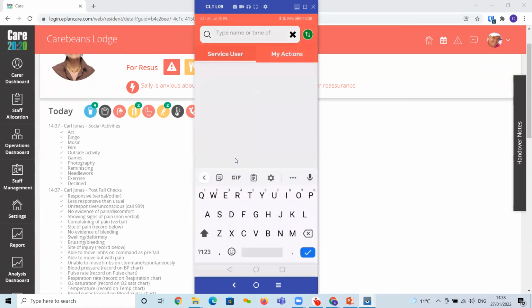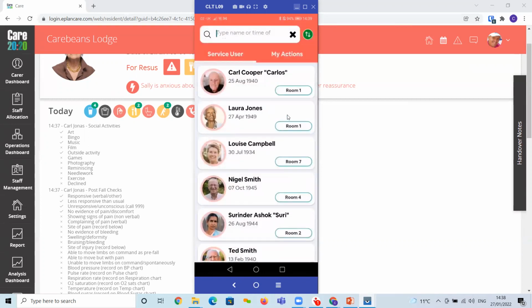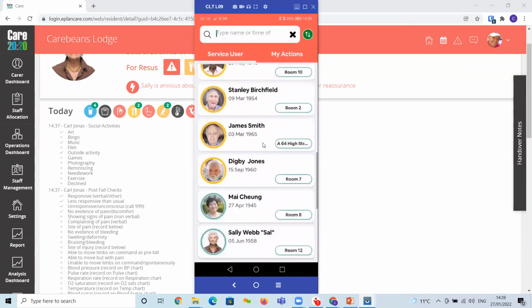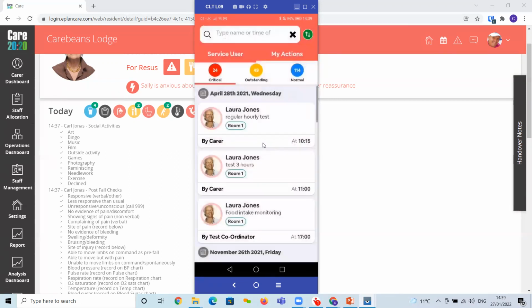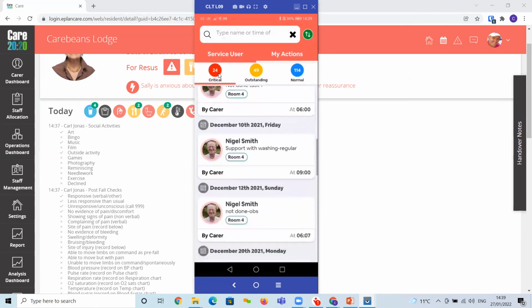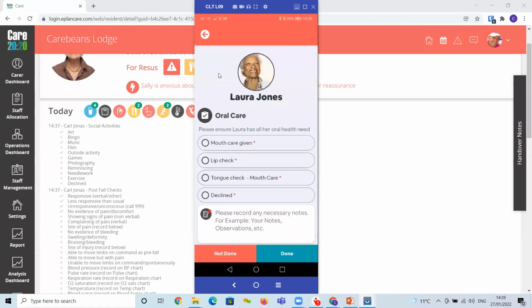Some other people use this view. So you have service user view, which is very easy. It does it in critical order, so you can see all your reds, all your ambers, and then all your greens. Or you can go to My Actions, and this will give you the whole service. So we've got 114 actions to be completed, and 24 and 49 that are overdue. If I click on the outstanding or the critical, it tells me what tasks are overdue. You can see oral care for Laura hasn't been done, and this is one that